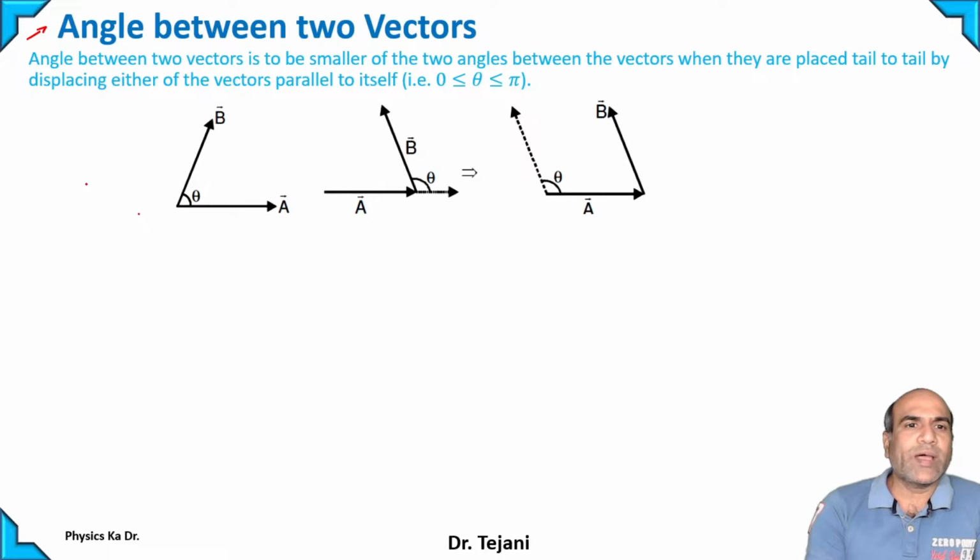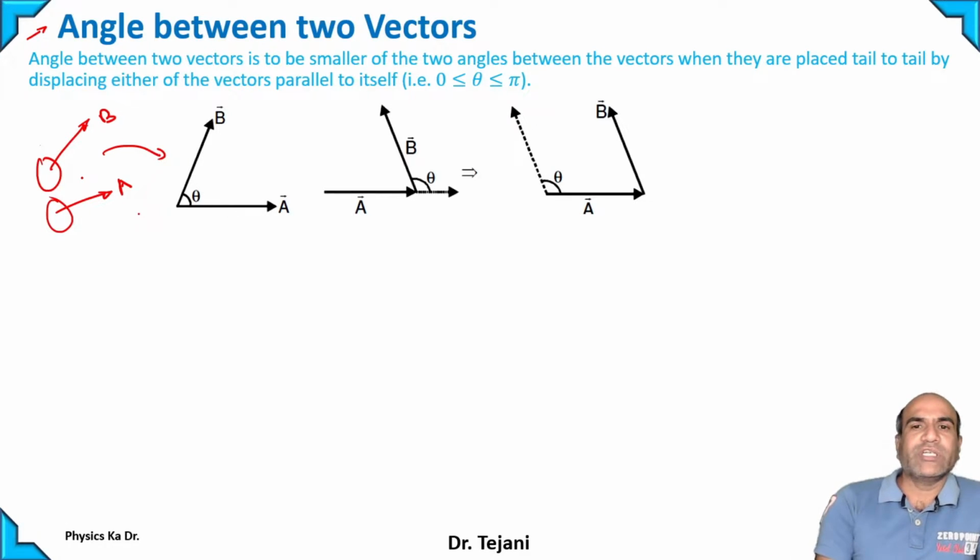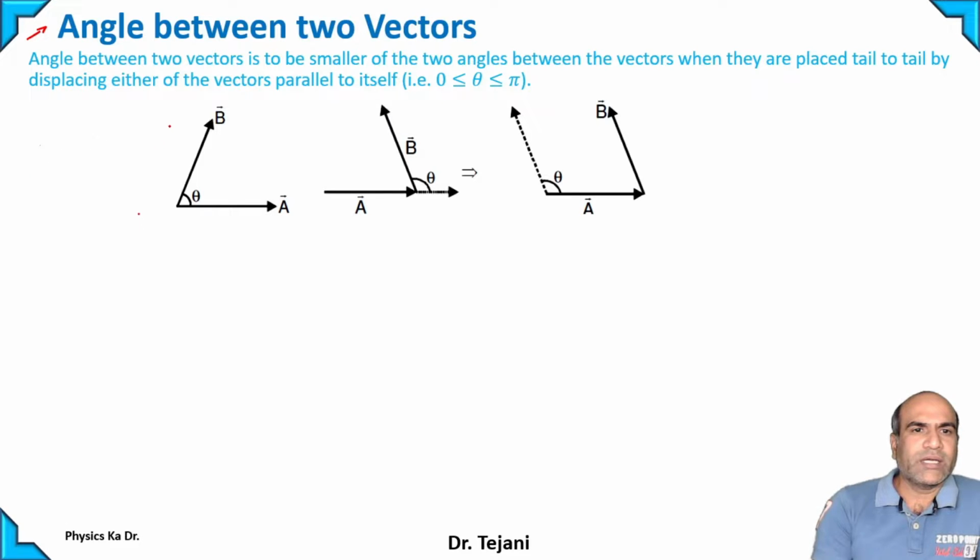So here suppose two vectors are given, say for example a vector and here it is the b vector. So that has to be moved like that. This tail to tail contact should be there, and we cannot change the angle of this vector. If you see the first drawing, it already has a tail to tail connection, but in drawing number 2, the connection is not with the tail. So what we need to do, we have to move this vector in the other direction,